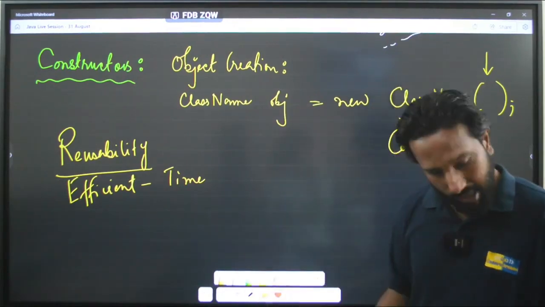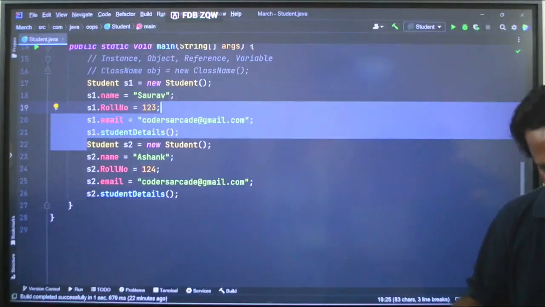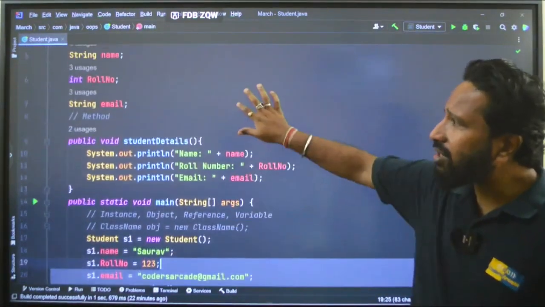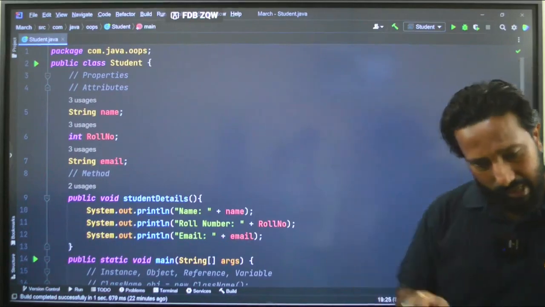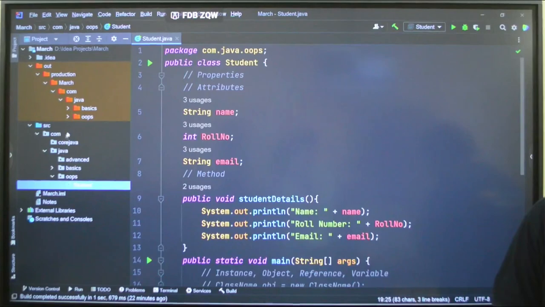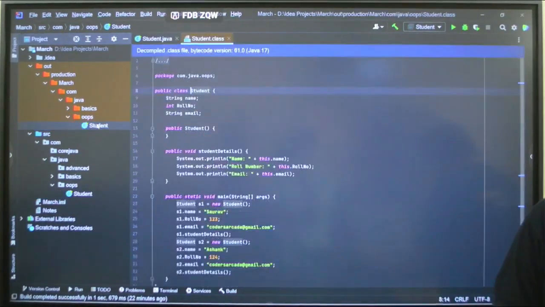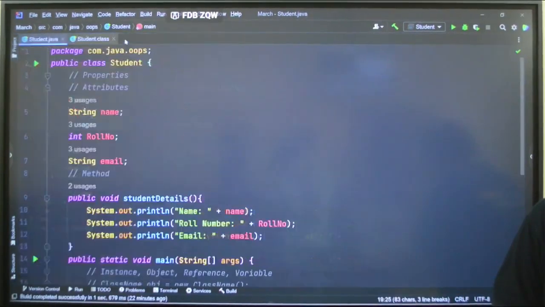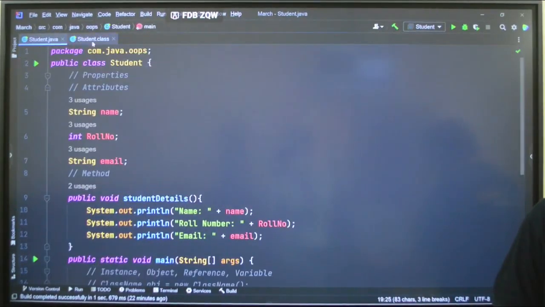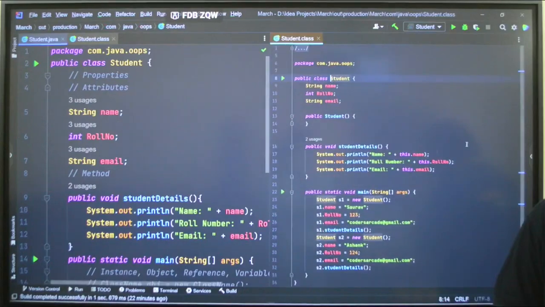Got it? Now, let us see what is actually happening. This was our source code. After that, I showed you something in the out folder. See here, in the out folder, if I open this, let's open this side by side. Last class I have already discussed this. This is the byte code. Right click, split right. You can see the difference here.